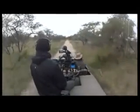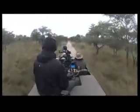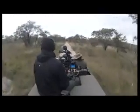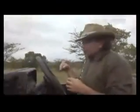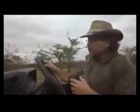Wildebeest, on the other hand, like or prefer short grasses. And with the short grasses on the airstrip, especially at night, wildebeest like to come out onto the airstrips at night. And unfortunately, the lion know this, and the lion learn this because generations of cubs have been raised eating wildebeest on the edges of airstrips. So when it comes to hunting, they learn that it's easy hunting when it comes to wildebeest and airstrips. That's one of the reasons, in my opinion, having monitored airstrips and wildebeest for over 40 odd years in this part of the world,